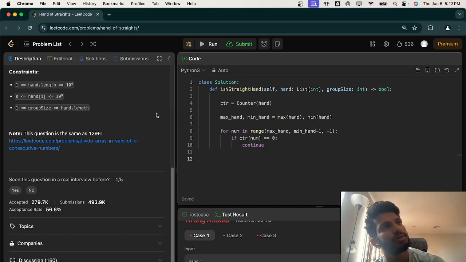Probably won't, because every time we find something in there, we're going to decrease the length of characters we are looking at by group size. Let's say we remove them from the counter, and once we remove them from the counter, we don't have them anymore. But on the other hand,